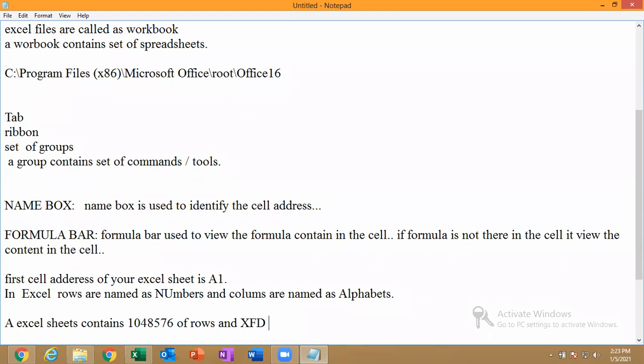Why? Because columns are named as alphabets, right? So that is nothing but 16384 columns. A sheet contains 1048576 rows and XFD, that is nothing but 16384 columns.